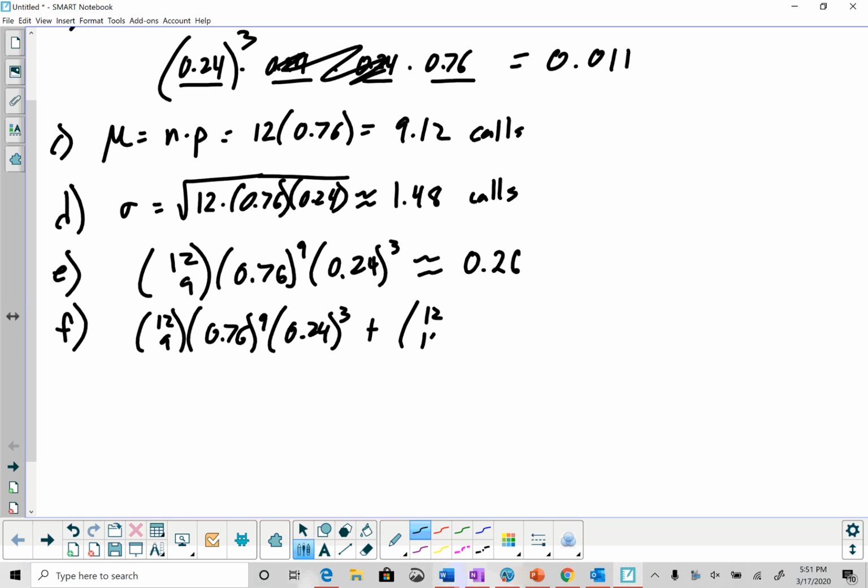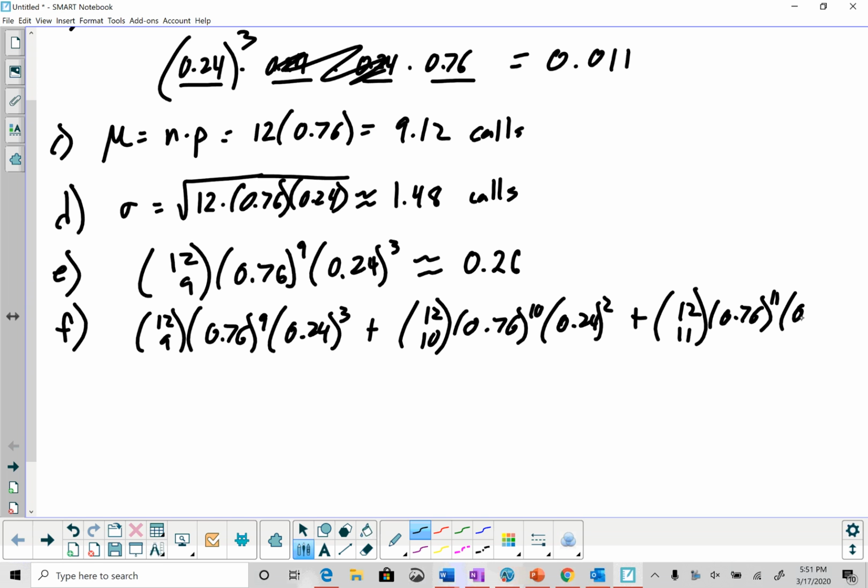Or out of those 12, 10 of them could be successful. So 0.76 to the 10th times the 0.24 now down to the second. Out of the 12, 11 could be successful. So 0.76 to the 11th times 0.24 to the first plus,